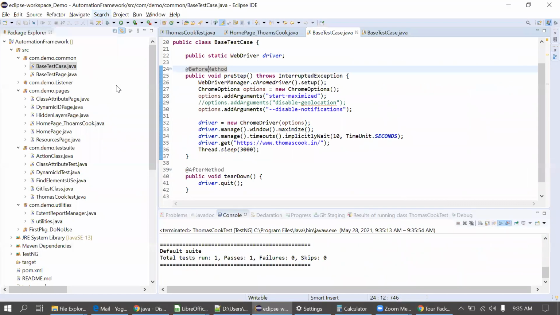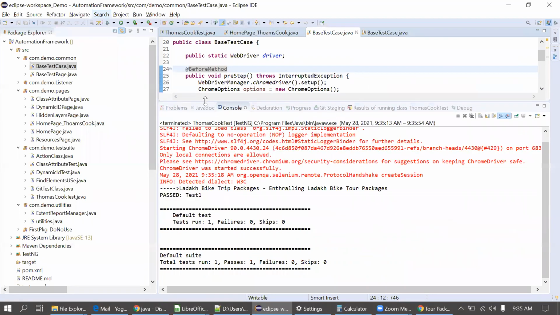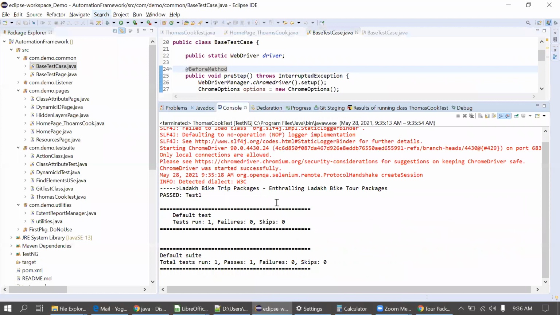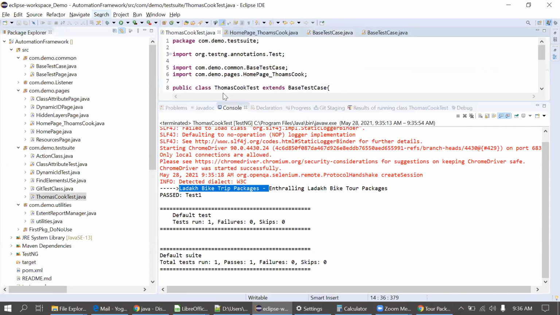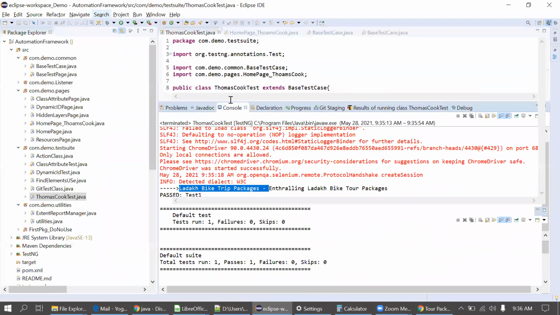Actually, I manually hovered the mouse over that link, that's why it got passed. So we have to see why it is closing that menu. You can see the header Ladakh bike trip package. Or I'll just make one correction here.